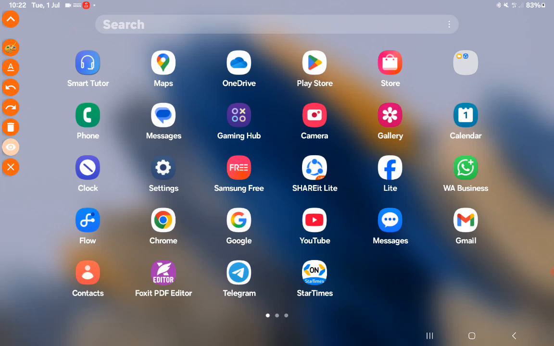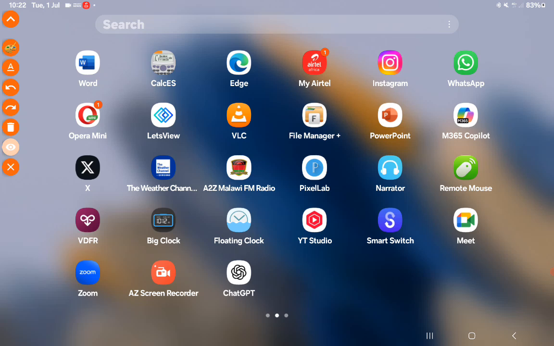Today I would like to take you through the use of Pixellab in creating a beautiful poster for your food business. Suppose that you are running a food business and you would like to make a poster for it to share with your customers. So you can use your phone to create a very beautiful poster to be shared with your